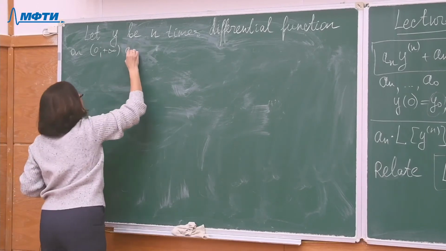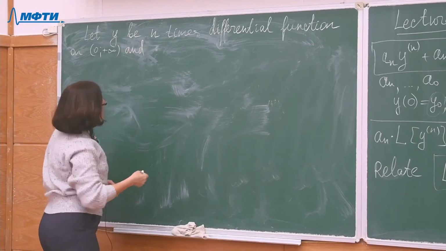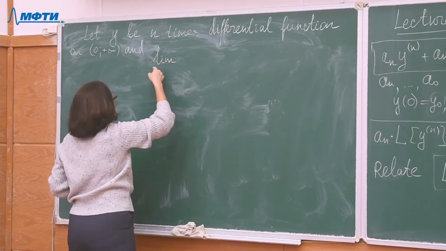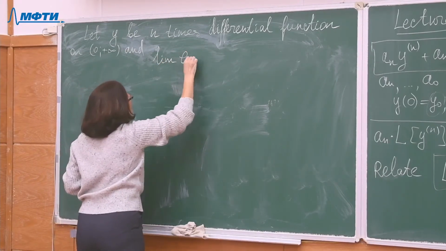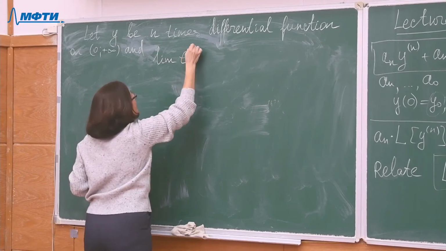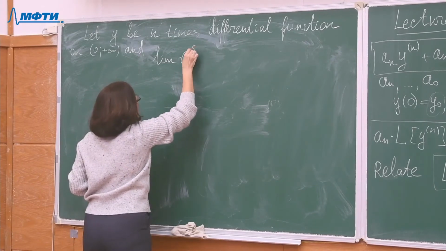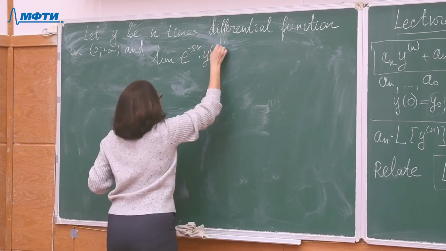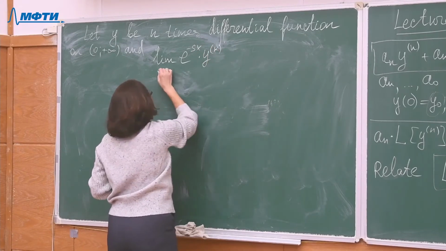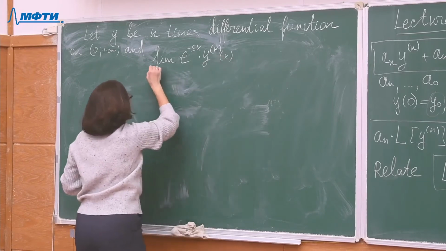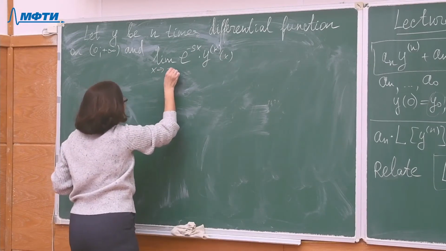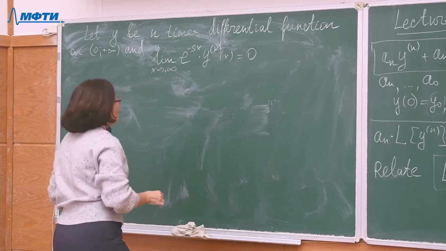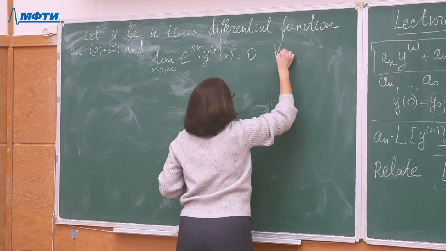And the additional assumption would be, so we will claim that the limit of e to the power minus sx times y^(k) of x as x approaches positive infinity is 0 for any k